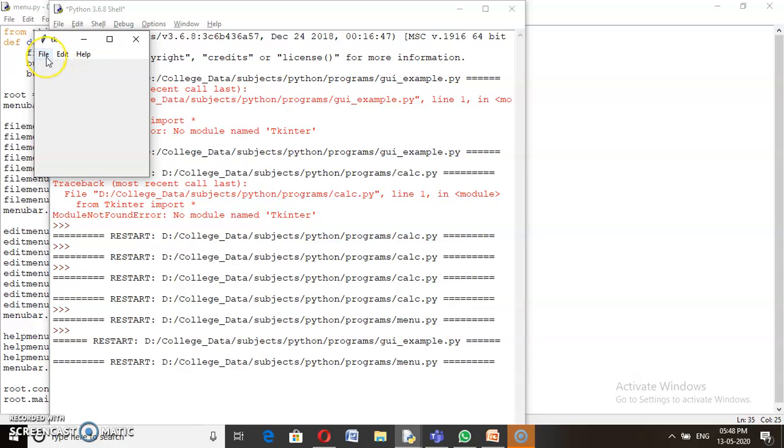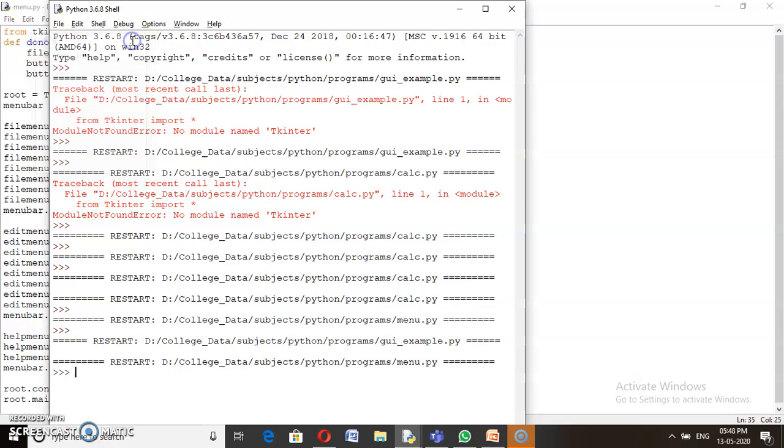This is our output. These are the options in the file menu, edit menu options and help menu options. Whenever you click on any of the options, you get another window with the do nothing button. It doesn't do anything, it just shows the window with a close button. So for all options we are showing this as the menu option output. This is menu creation using tkinter. Next we'll see another example.